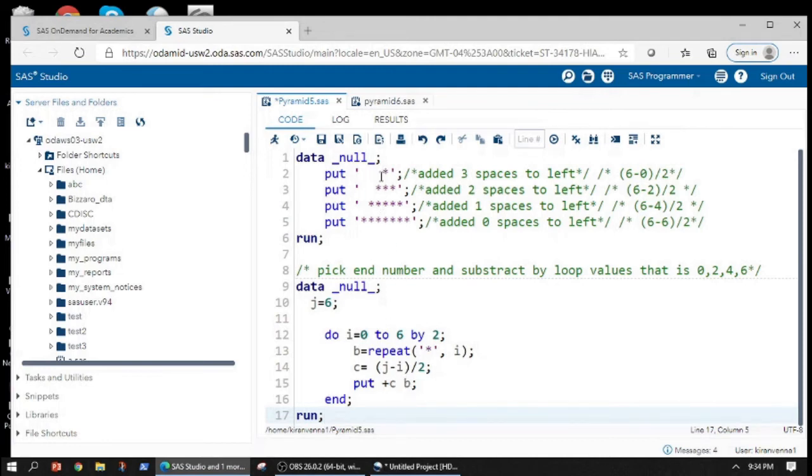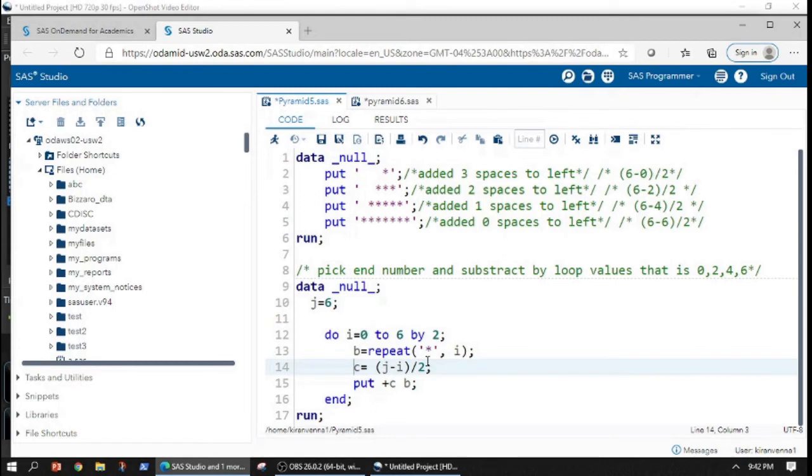So we are exactly emulating this style. During the next iteration, the value of i will be 2, which means this will have 3 stars. And here the value is 6 minus 2 divided by 2, that is 4 by 2, which means our value of plus c is 2, so we will have 2 spaces and 3 stars.